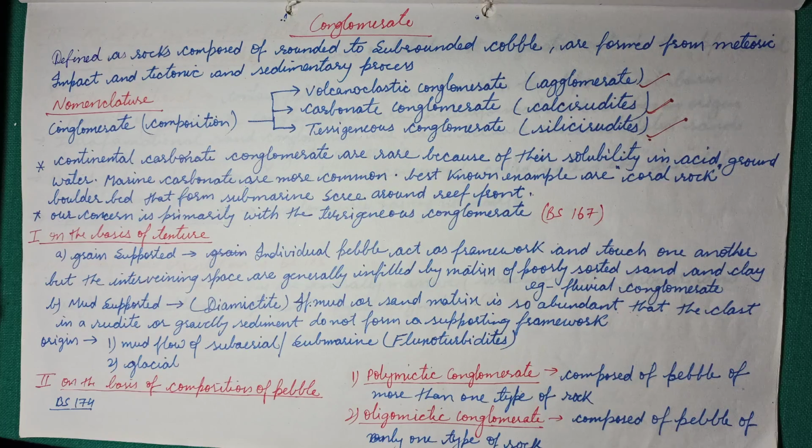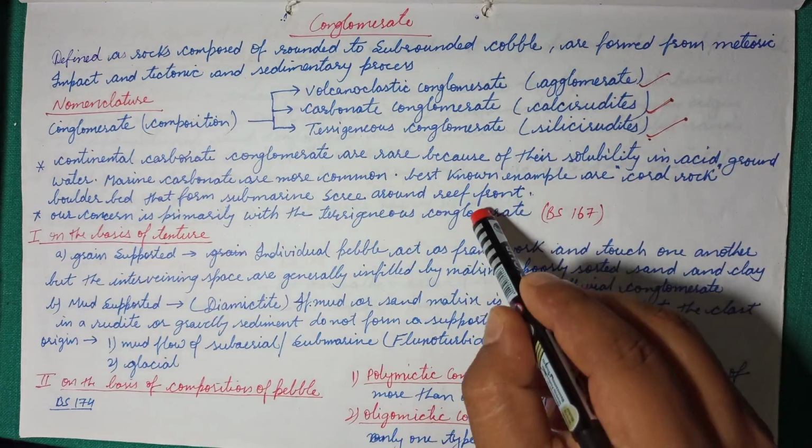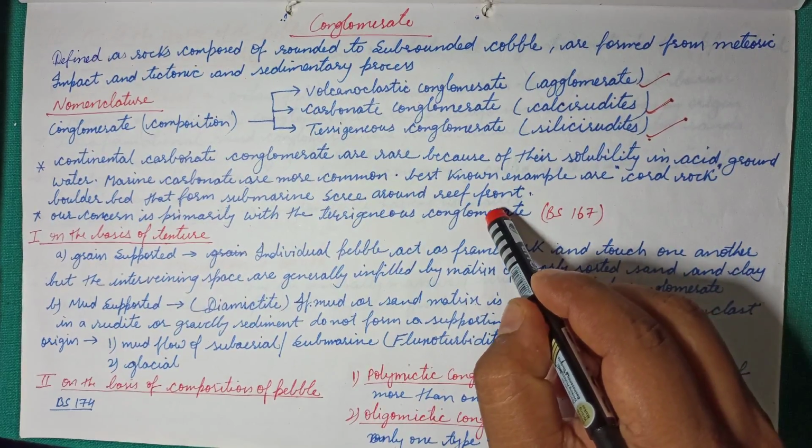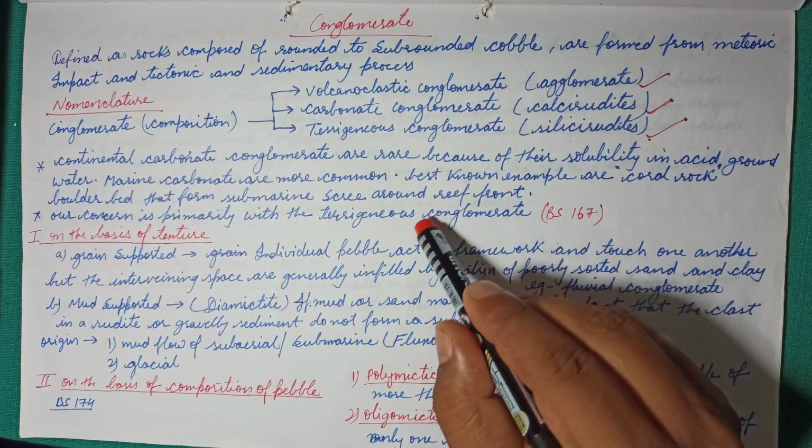So here the pebbles act as grains, and the matrix is poorly sorted sand and clay. So we have grains of pebble size, and they are surrounded by the matrix